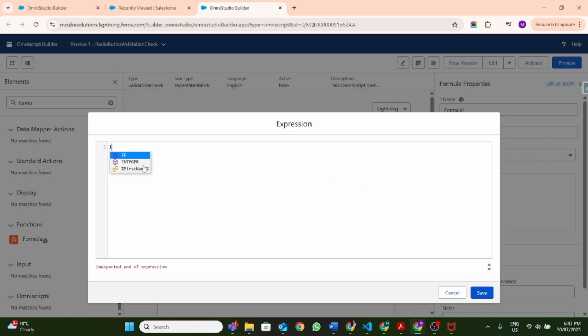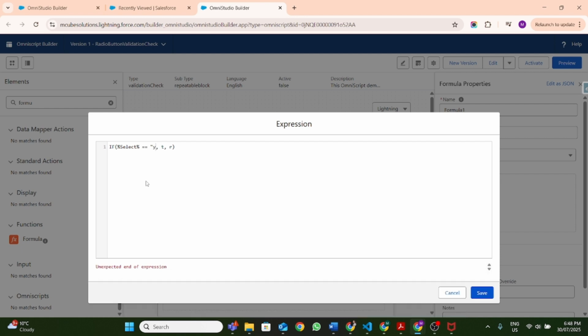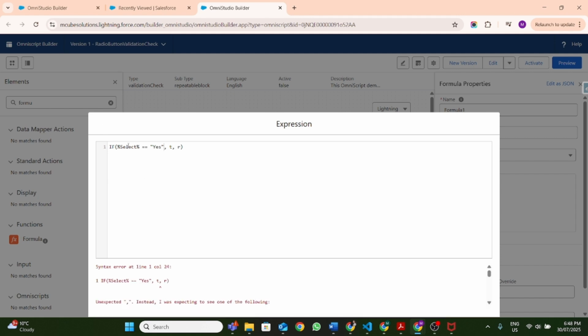If condition, I would say percentage, and then you get select equals what do we provide? Yes. So this is basically our radio button's name, select, as you can remember. And